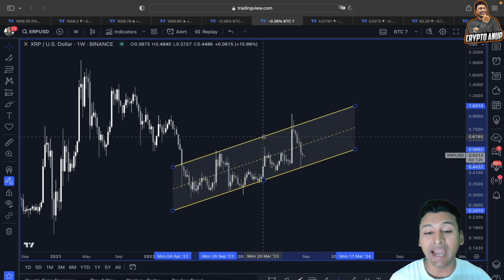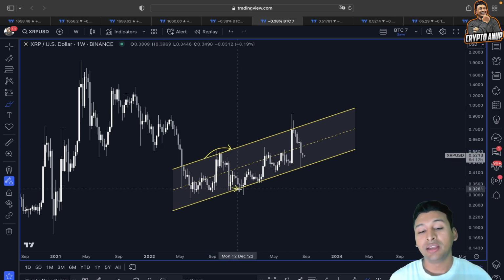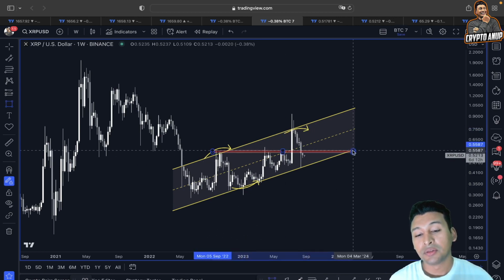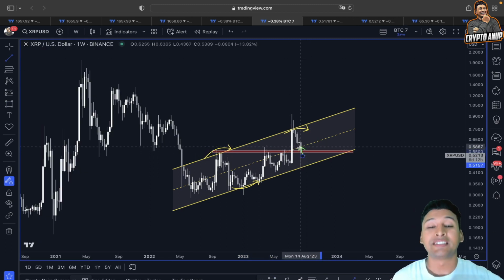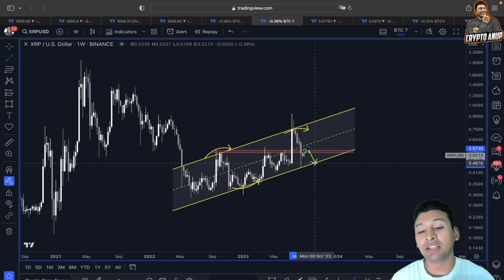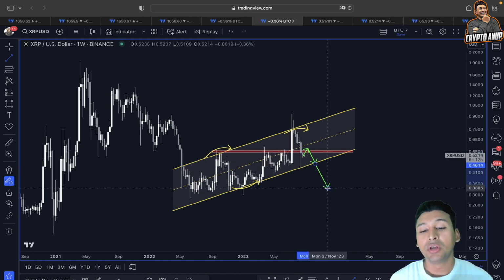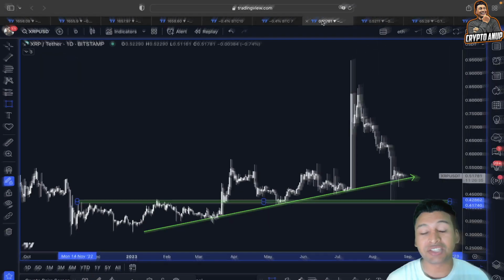But if we simply add another rising trend line here to the upside, this is going to be looked at as a continuation pattern where we have failed to find support above the previous high, and this will be looked at as a bearish continuation pattern. I mean, if the price of XRP fails to regain its trend above 60 cents, then I think the upcoming days could be bearish and we could be getting attracted towards this lower trend line before deciding the trend duration.